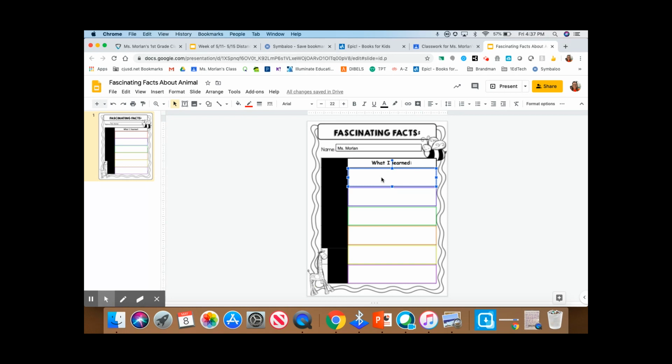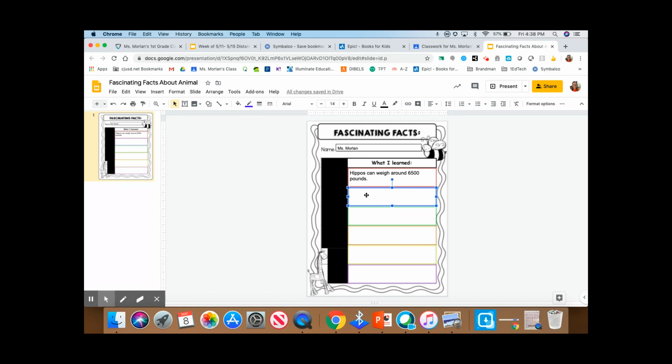Okay, so I'm going to start with the fact hippos can weigh, and that is why it's important that I wrote these down on a piece of paper first. So now all I have to do is copy it, right? There you go. So hippos can weigh around 6,500 pounds. Okay, and you don't have to really worry about writing it as a complete sentence or using exclamation points or anything like that, because we're not writing our paragraph yet, right? We're just writing the